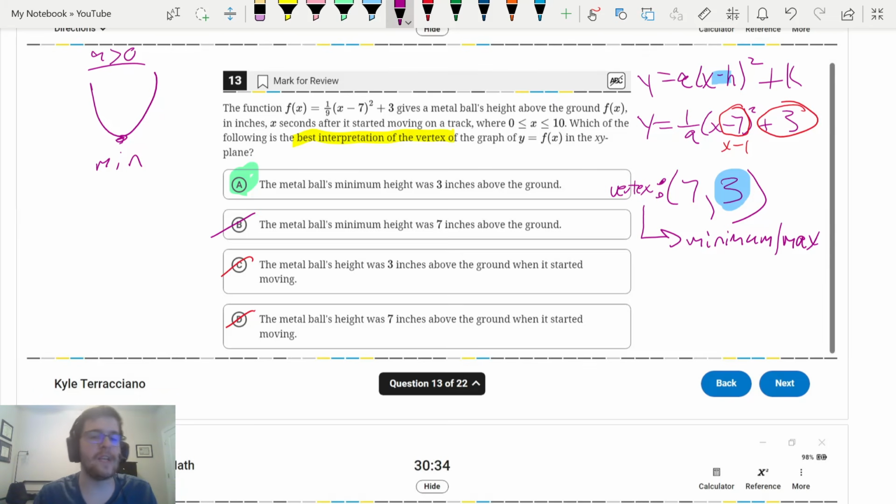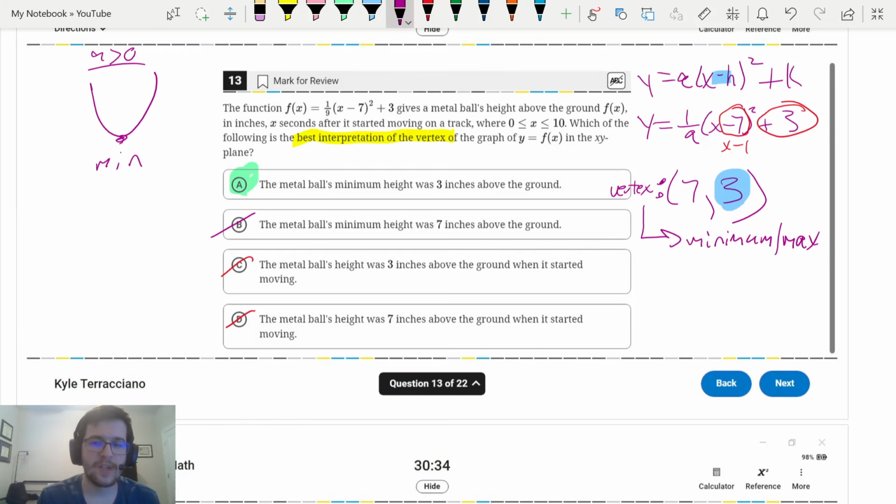The time it took to reach the minimum height is 7 seconds, okay? But the minimum height is not 7 inches, okay? So x is in seconds, y is in inches. So whenever they're asking you for the minimum or the maximum, most of the time they're asking you for the y value, unless they say something like, what's the x value where the minimum takes place? Or they say something like, what's the time where the minimum takes place? Then you would want 7. But for this one, we want